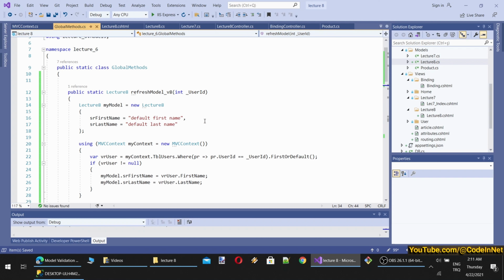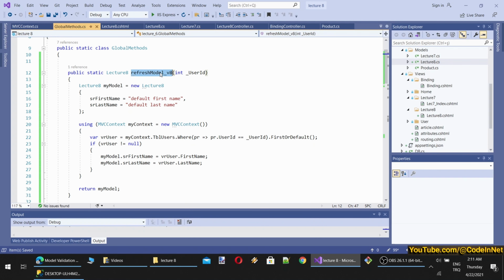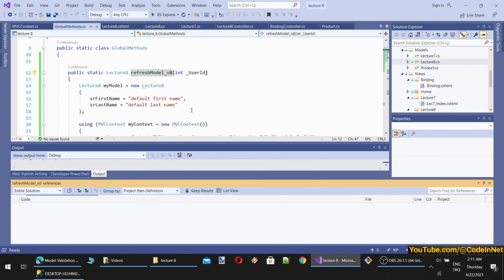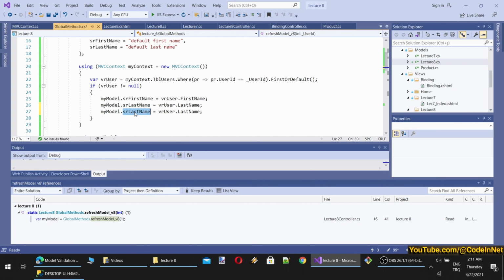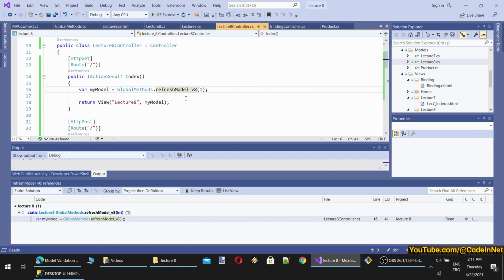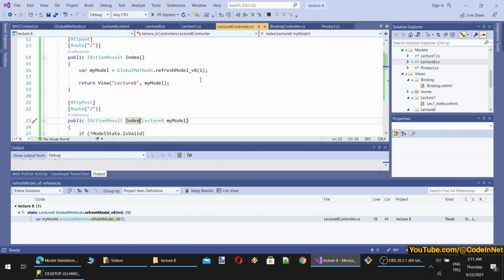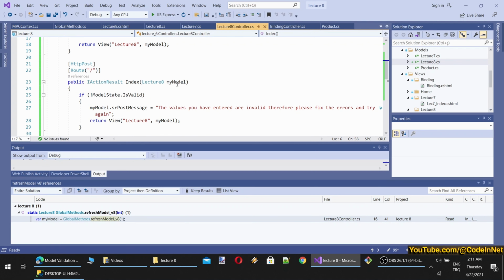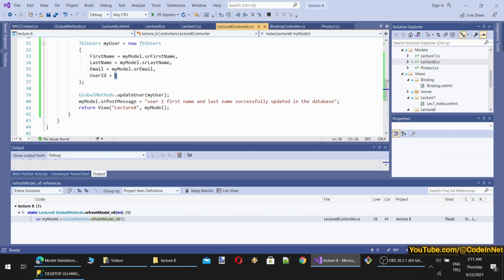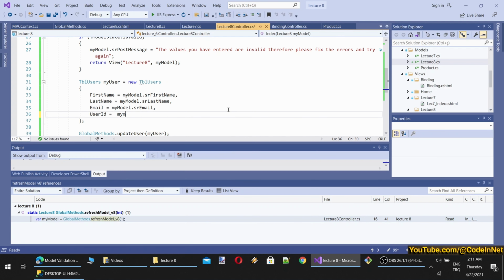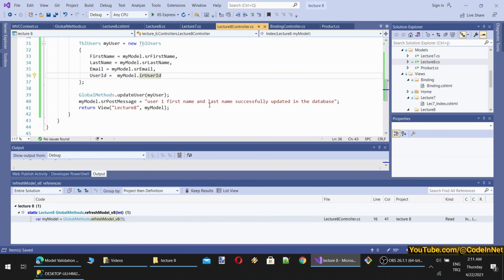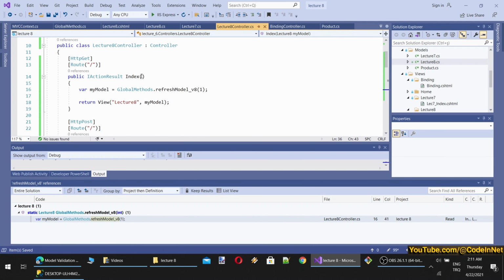Okay, what we need to do is change refresh model. So where do we call this? We call it, by the way, we also need to set email here as well. Here. So here we are providing 1, but we will change this actually here. This is the get method. Get method can remain like this, but for post, we need to provide user ID from here, my model dot user ID. Also, for get method, I am going to get an integer like this, equal 1, and here.